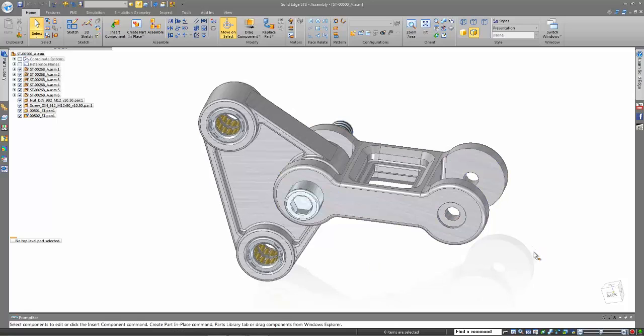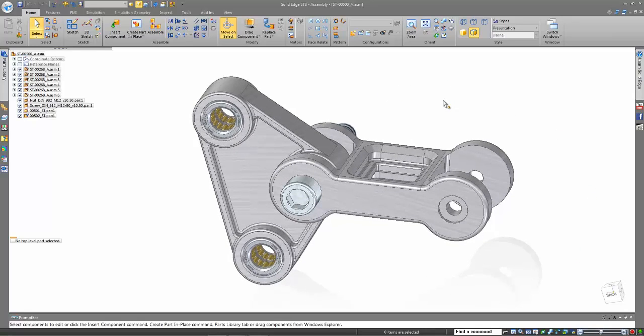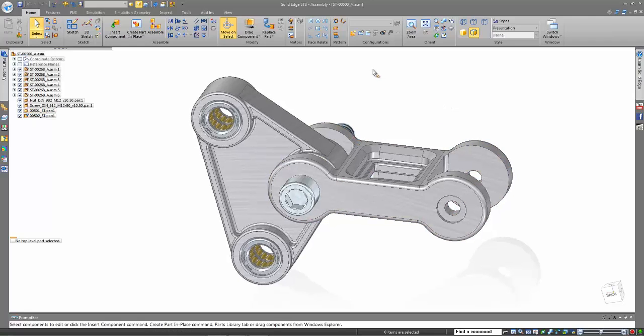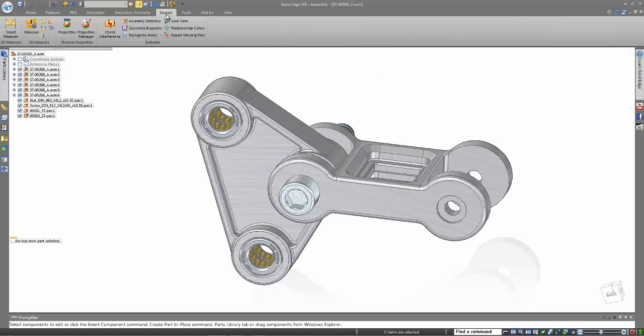So this time we're going to make changes instead of at the individual part level. Let's make changes here at the assembly level. So let's say we've determined that we want to make some changes to the holes within our part. What's nice about Solid Edge is we have tools that allow you to add intelligence back into the part model